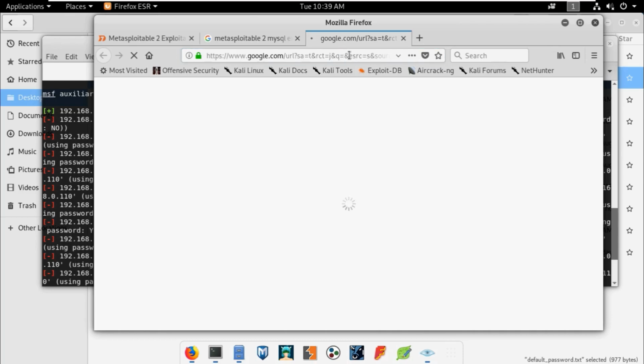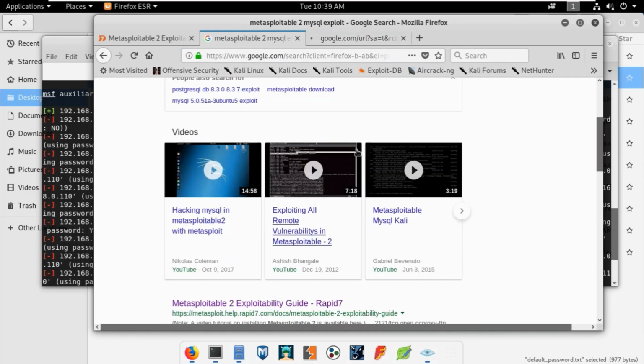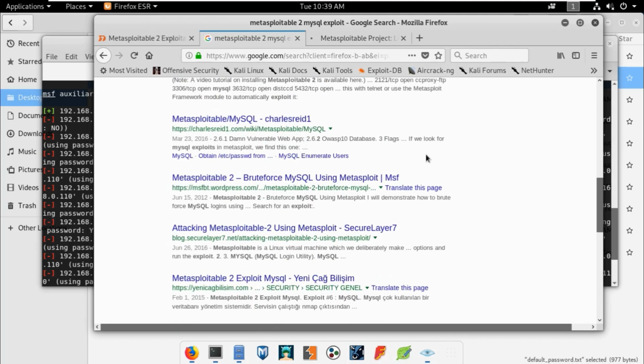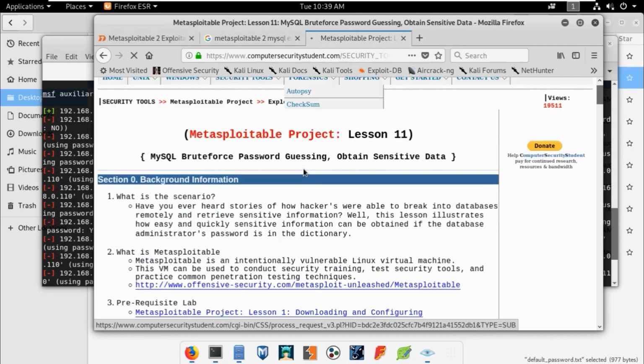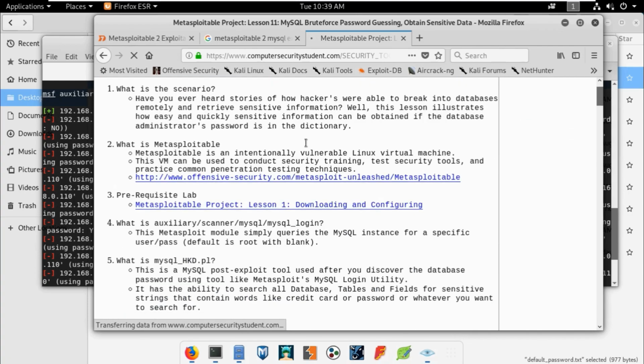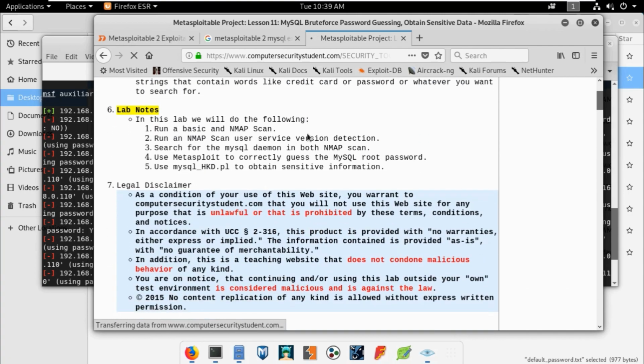I don't know why this is not working. Let's search for the MySQL credentials. In most cases, if a person is using some other services, let's search for this.